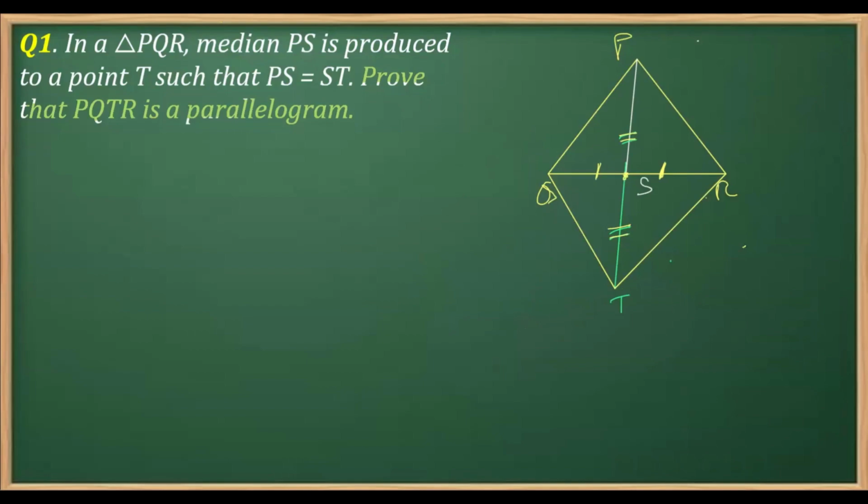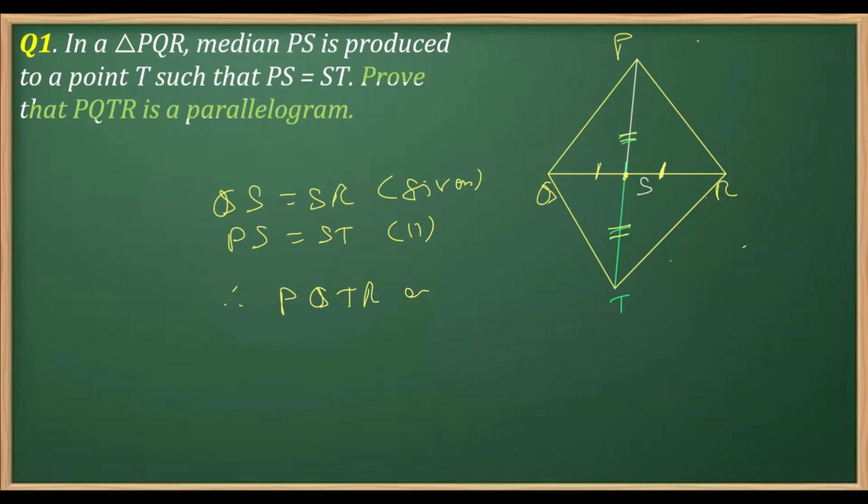So all you need to write in the exam is, you first write QS is equal to SR and you mention that this is because it is given, right? And both information is given. PS is equal to ST. For the same reason, it is given, and therefore we'll say that